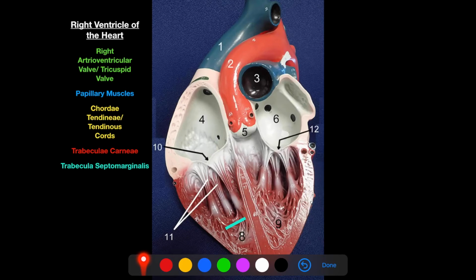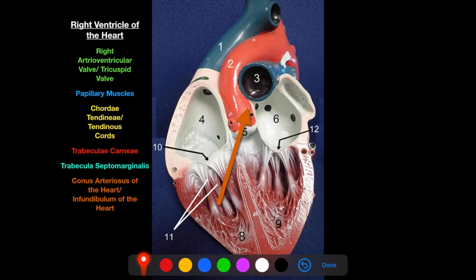Again, that's called Trabecula septomarginalis. And I'll go into more detail on what that does later in the video. Okay, now the last landmark that we need to go over in the right ventricle of the heart is conus arteriosus of the heart or infundibulum of the heart. Either term is acceptable. And that is the space where blood is pushed towards the pulmonary valve and then